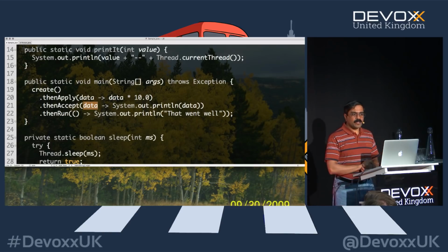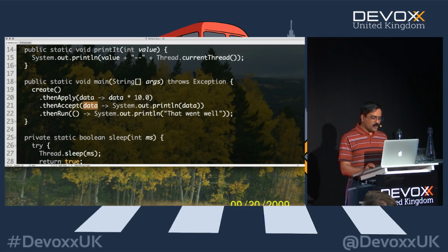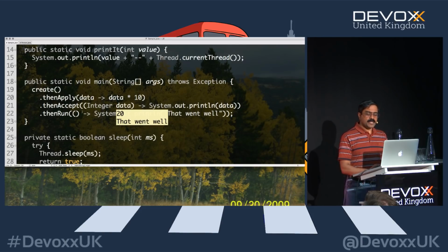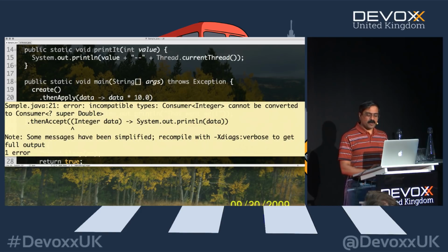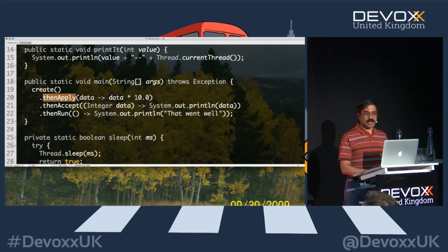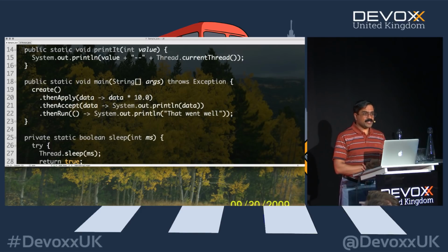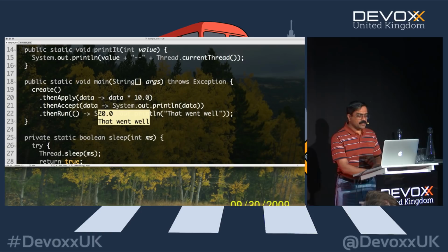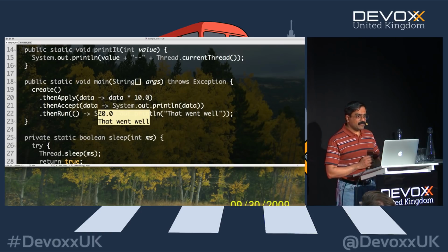Because we are not using type, type inference is your friend here. Had I written the code like this, if I had said Integer right here, and I had written the code like this, you can see it's 20. If I said 10.0 right now, I get a compilation error because this returns a CompletableFuture of Double. This wants an Integer. We have a type incompatibility problem. Because I used type inference, it rolled over to the right type properly for us. In this case, type inference actually helped us.